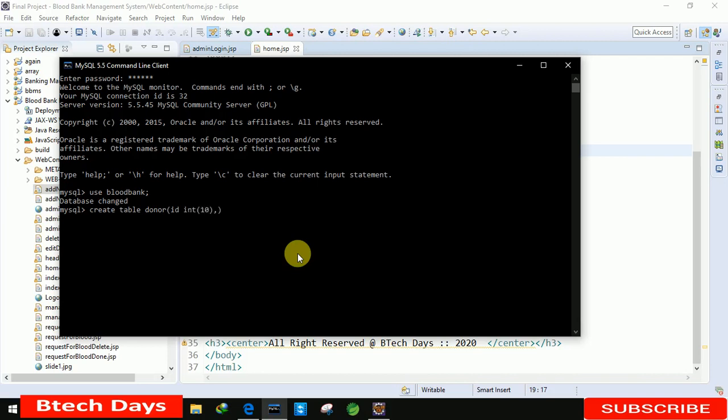After id, the next is for the name. We are making it as varchar, and the value we are taking it as 200. After name, the next one is for father, varchar, and we are taking it as 200. After father, the next is mother, varchar, and here we are taking it also as a 200. After mother, the next is mobile number, varchar, and here we are taking it as a 10 size.